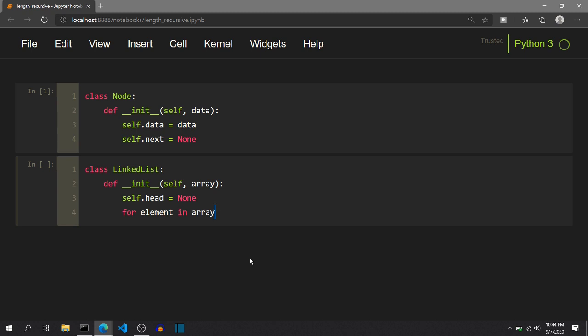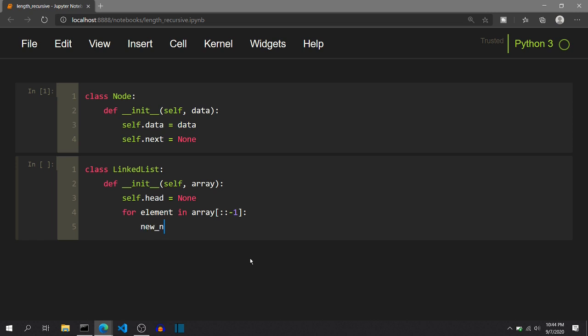So to maintain the order of the elements in the array as well as in the linked list, we need to traverse the array elements in reverse. So for that I will use slice operator like this, [::-1], which states that we need to reverse the array and then traverse the elements. Inside this, I will just write the code that we use to insert nodes at the beginning of the linked list. Again, you can definitely check out that video in the iCard and in the description.